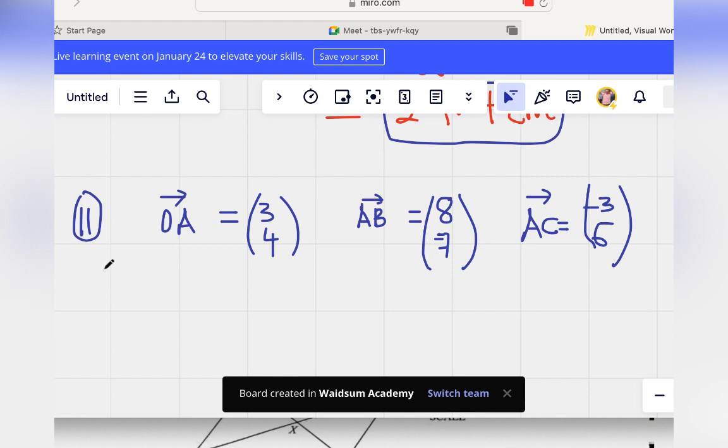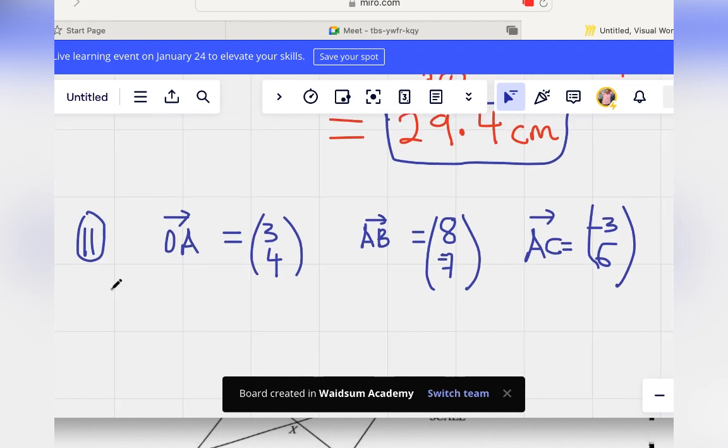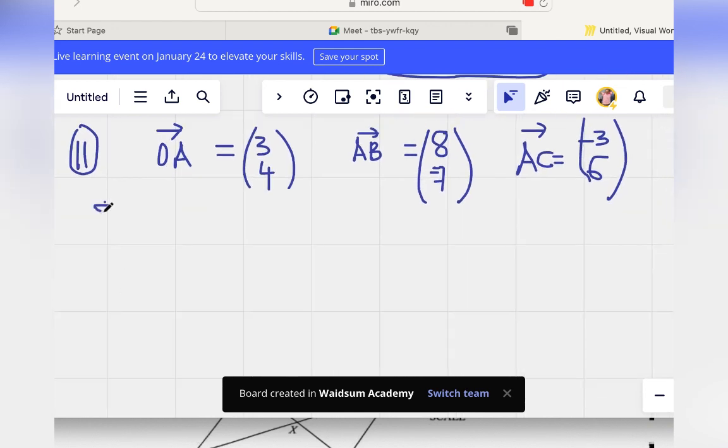Now the first question says we should find vector OB. Vector OB means start from O and move till you get to B. This is OA and this is AB. This is not OB, this is AB. So OB will be